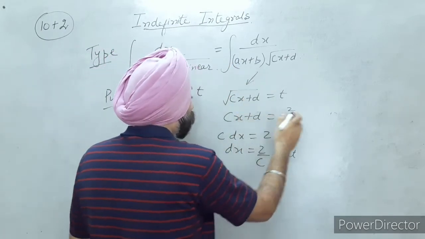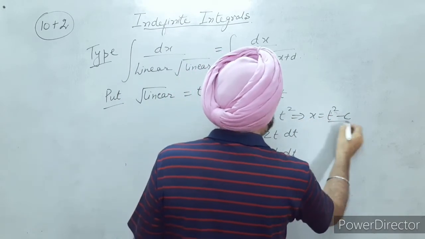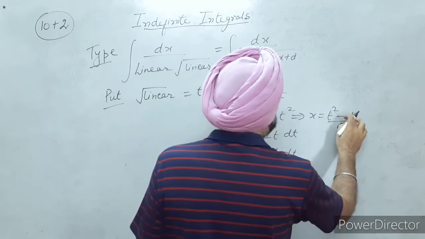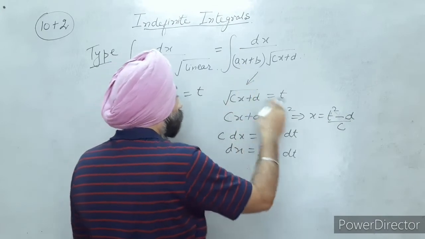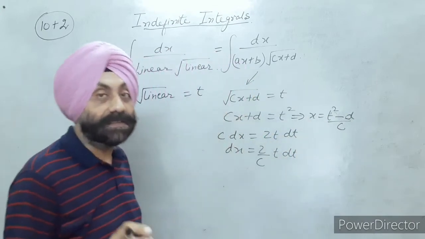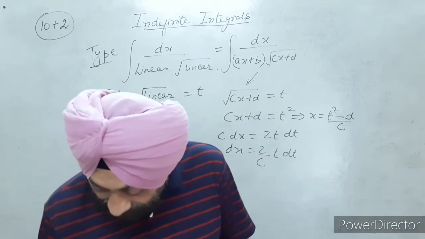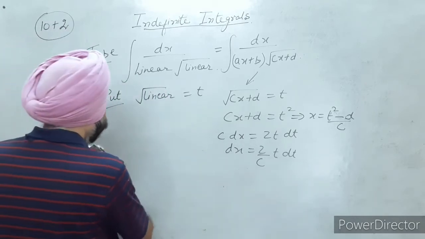And you get, from here I will get x equals to t square minus d upon c. This is the value of x. Again I have to substitute here, so we will get the required answer. But it will be much more clear if I do a question from this type. Question is